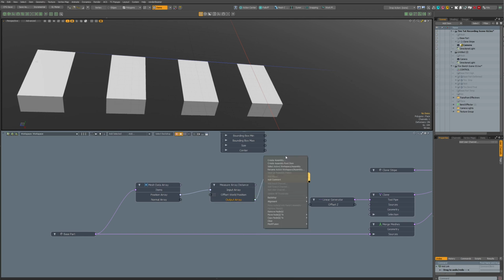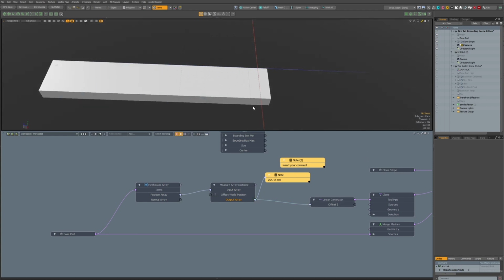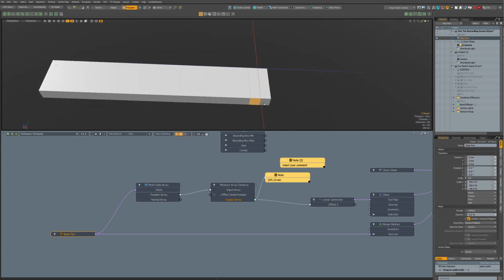Let's see, I added the node, it's this add comment, and you can read the value of channels like this. It's also a very useful trick. And we set this offset here. So now let's see what happens. Yes, now it turns like it should turn.